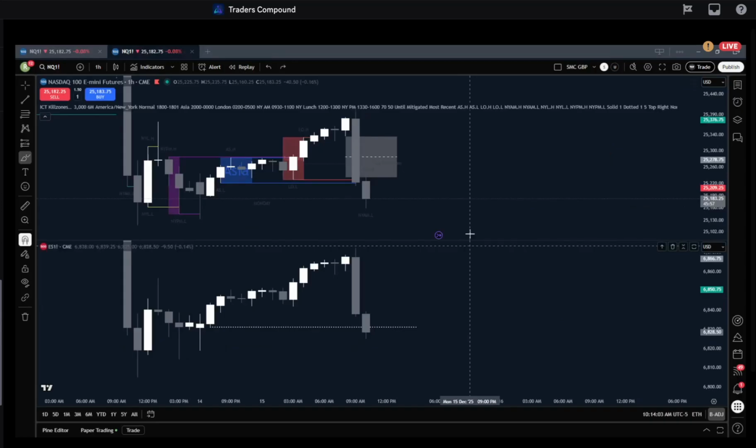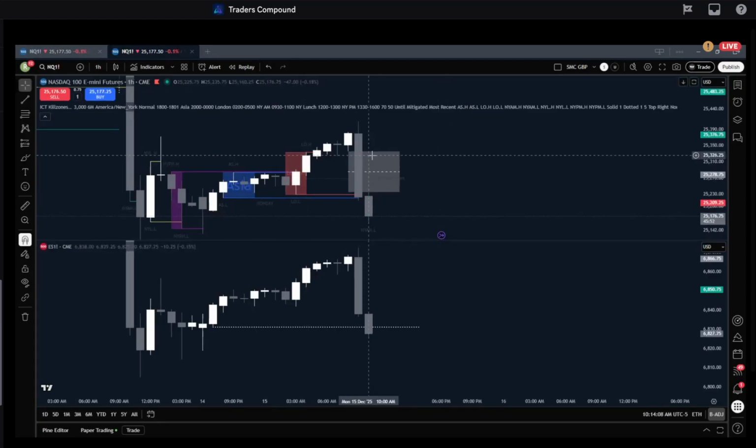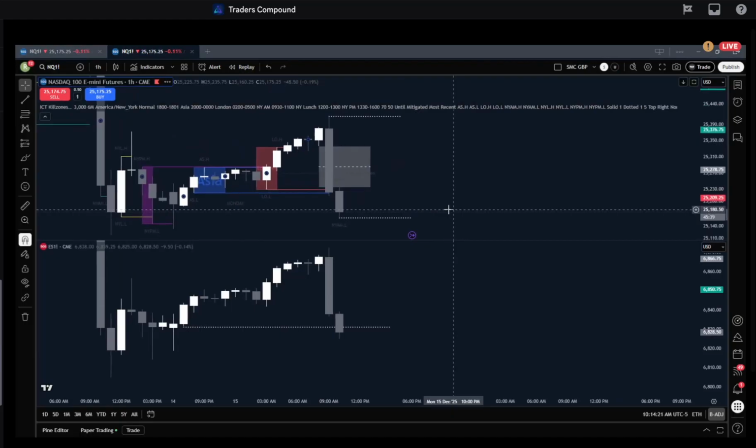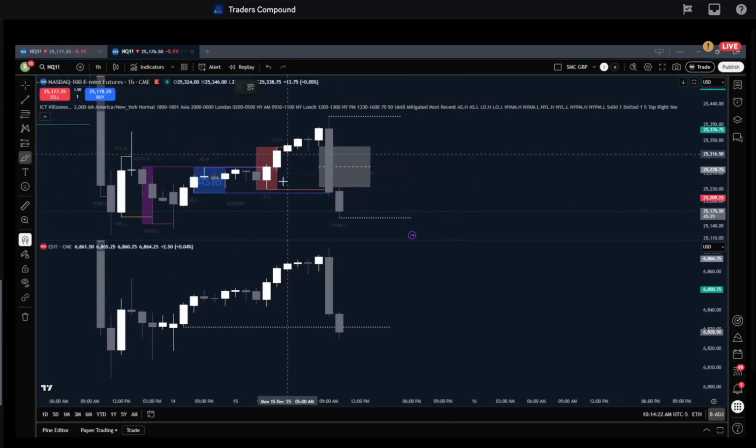Let's take a look at NQ again here. One last recap for what I want you guys to look for in executions past 10, if you're choosing to. Once the 11 a.m. candle opens, you're going to have two solidified draws on liquidity: the AM session high and the AM session low. Pretty much going to be a new internal range.